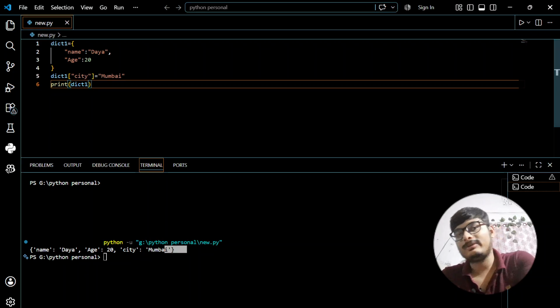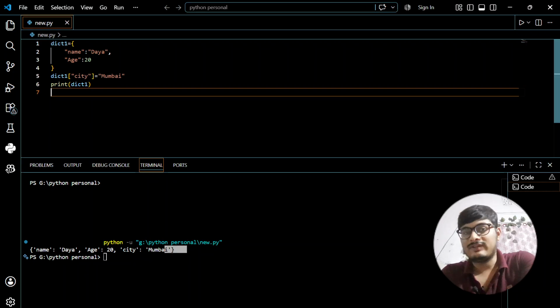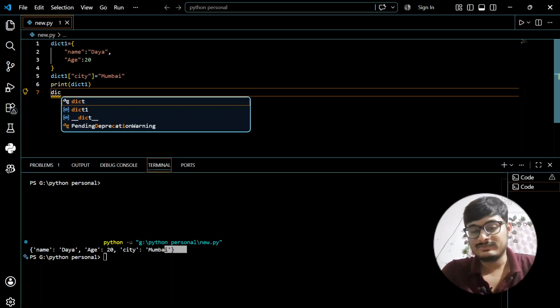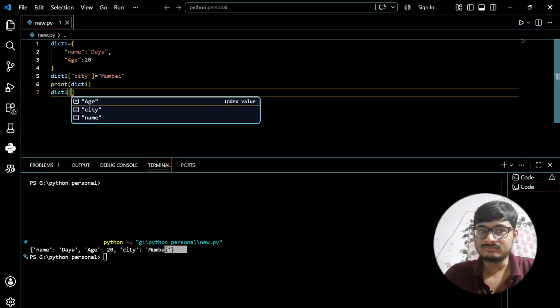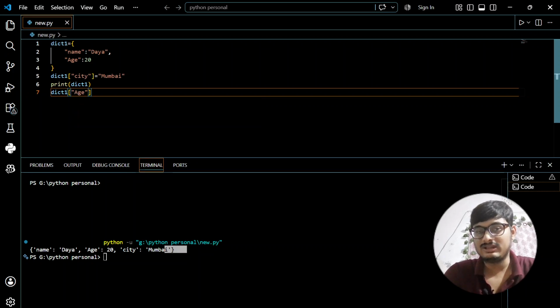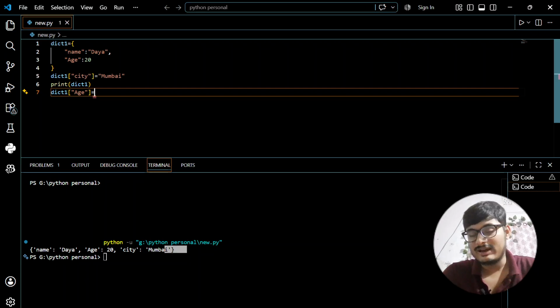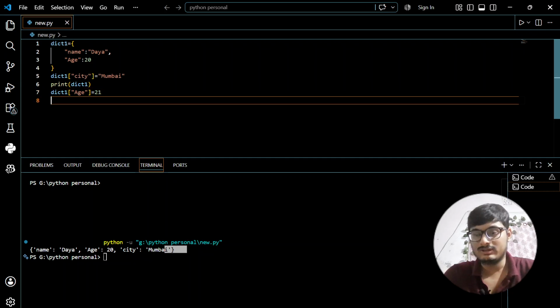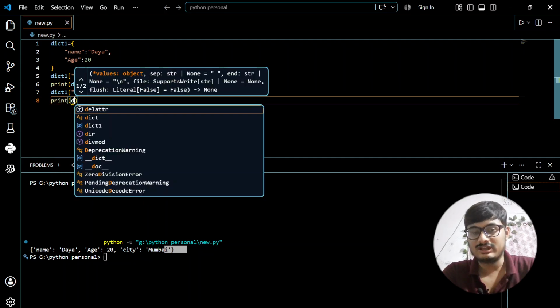Now if I have to update the dictionary, suppose I have to update the age, because the age changes every year. How am I supposed to do this? Just write dict1, then enter the age key in square brackets, and write equals to, then enter the new age. Suppose it is 21 now. Now if I print the dictionary again,